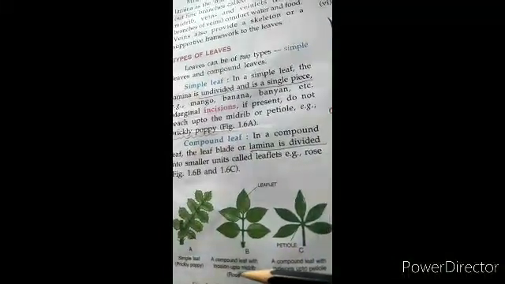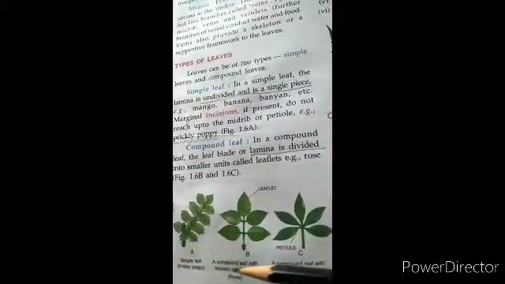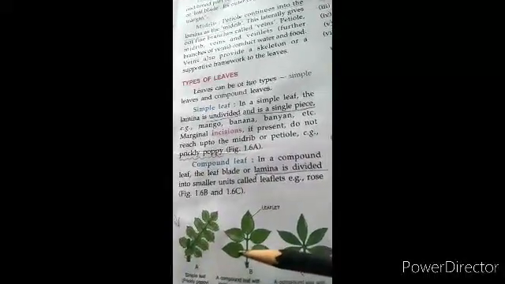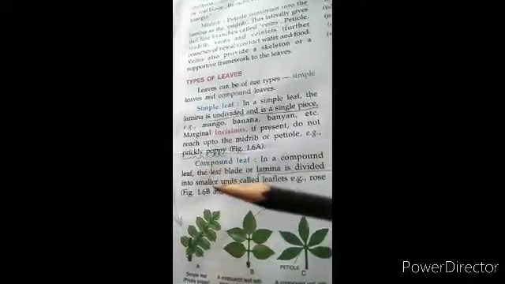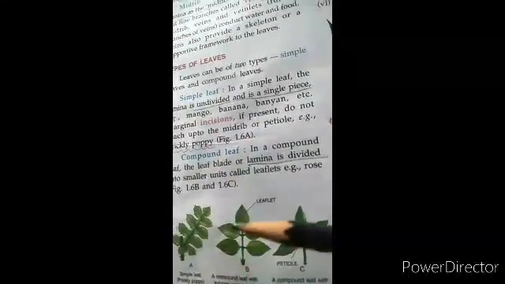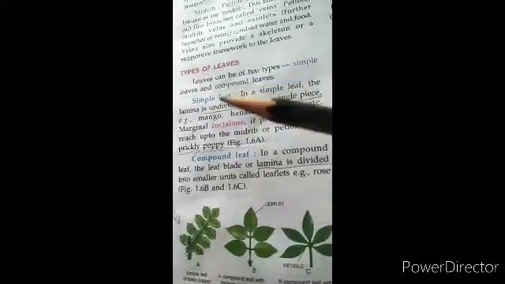When we have a look at the rose, we can see the rose sapling or the plant, and we see the leaves. We'll find that yes, they are compound leaves found there. So on the basis of whether the lamina is one continuous big leaf or the lamina is divided into small leaflets, we divide the leaf into two types: simple leaf and compound leaf. Simple and compound. I hope it's clear.